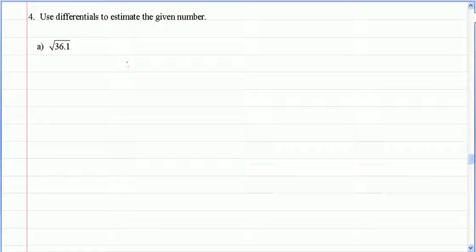For number 4, use differentials to estimate the given number. So when you use